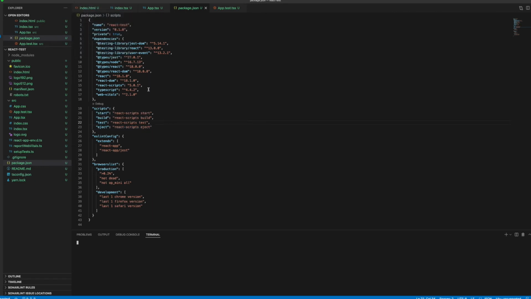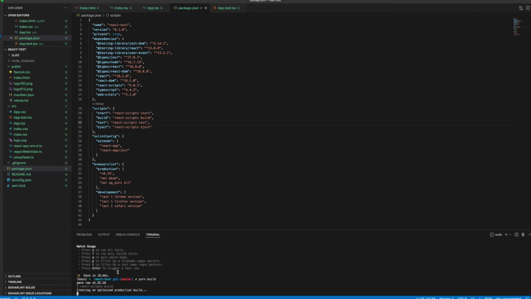So let's open a new terminal here. I will just write yarn test. It is just a basic test. You don't even need to do that. I'm just showing you how the scripts are working. So it just rendered our application and found that, and that's it. When you press Q, it will take you out of the test. So if you write yarn build,